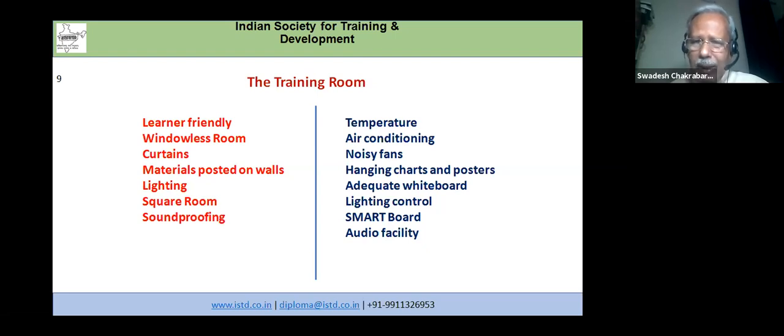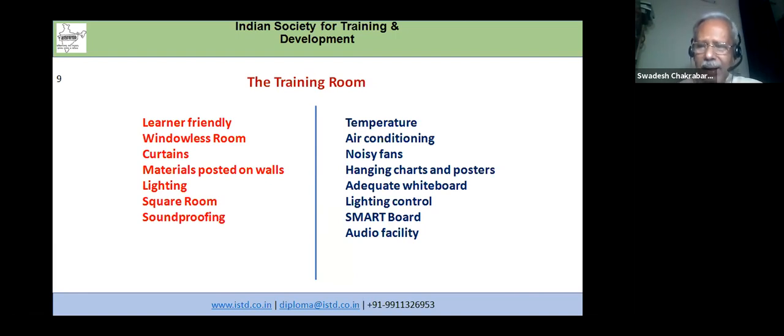The board should be adequate. A whiteboard should be there. The board should not be a smaller one. It should be neat and clean. And today there is availability of digital boards, and those who can really afford them, digital boards are very good, and can be very easily managed by the trainer. It creates a very good impression, with many automated facilities involved in it, so that it can be used